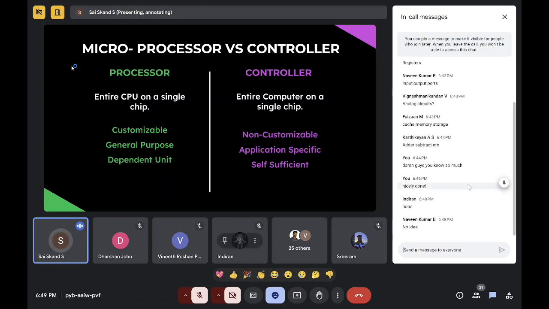Okay. So basically, we know what a processor is now. I think it's clear for you all. Next, the MIPS processor. It's basically a processor too, but I'll show you. Next slide. It will be clear.